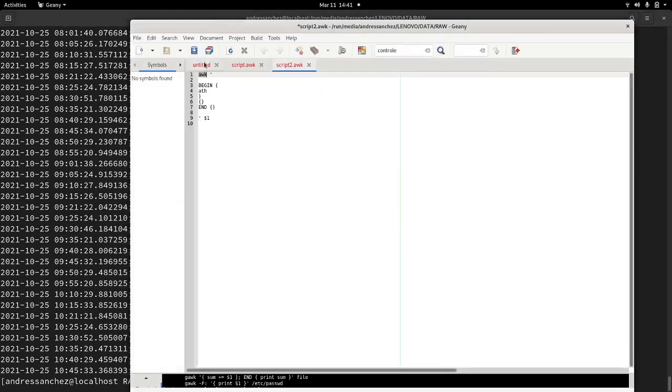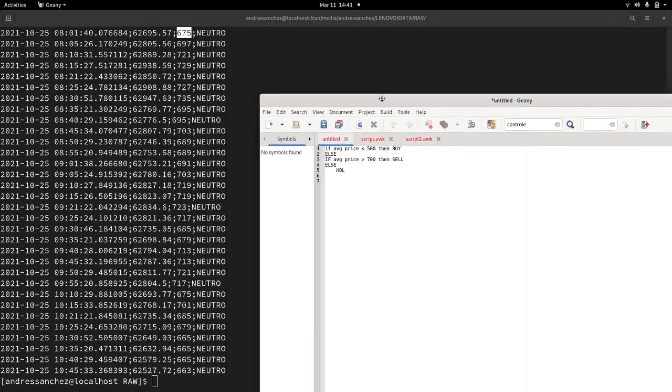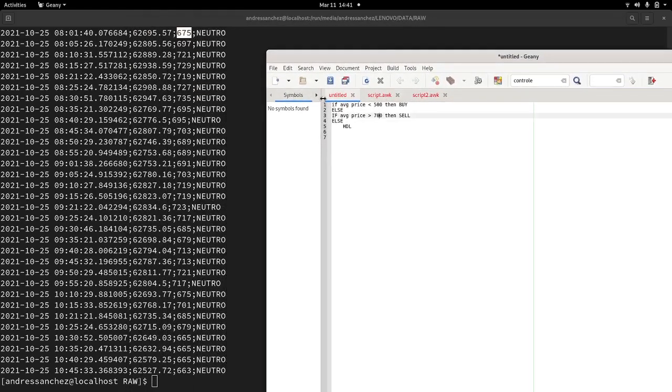So if the average price, which is column number 3, is smaller than 500, I want to transform this column into buy. Else, if that average price is above 700, then I will transform this advice into